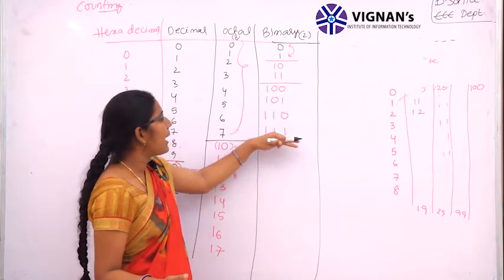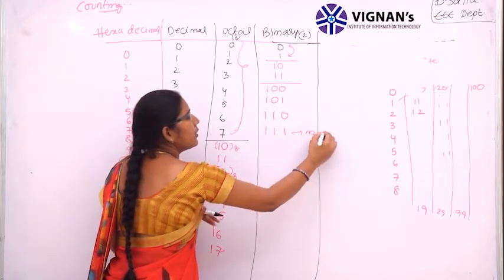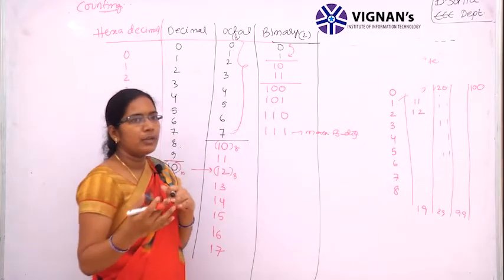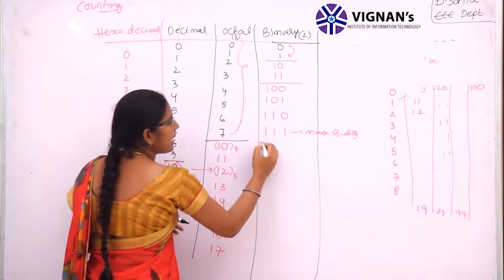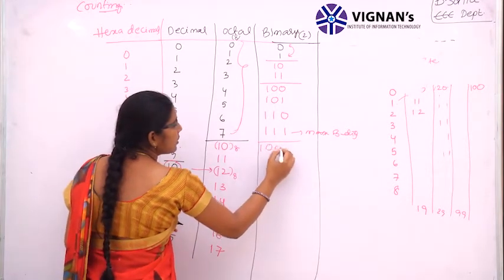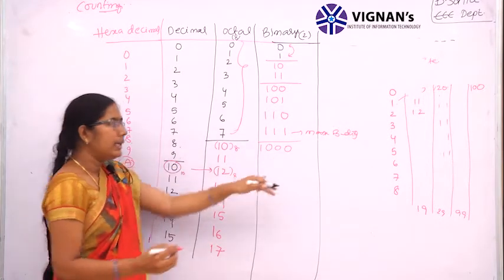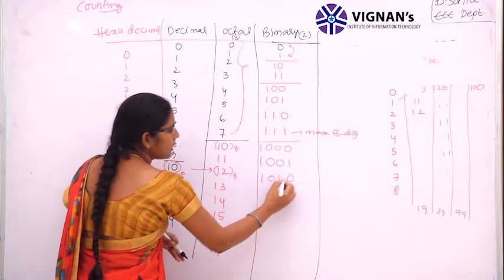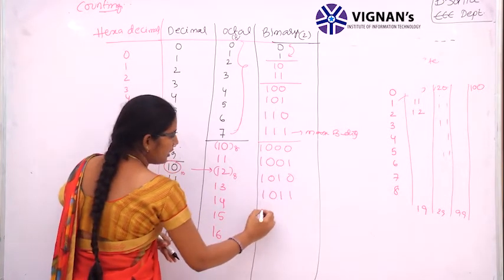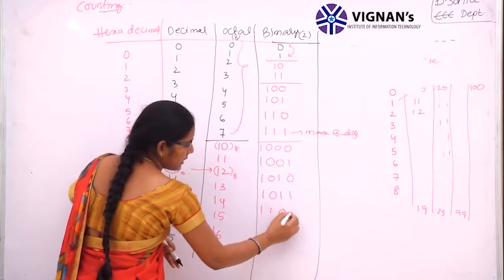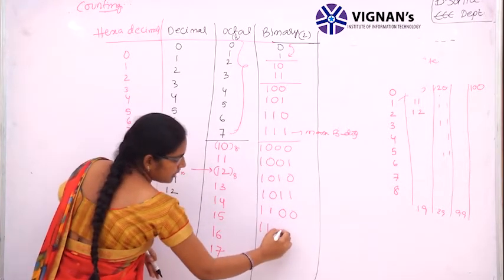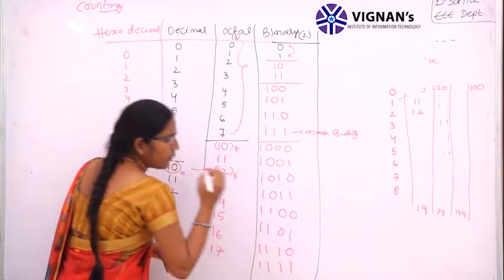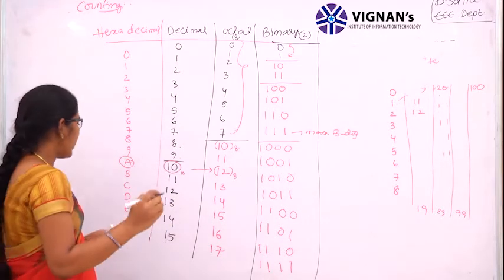So as we are getting the maximum value of 3 digits, then obviously we'll go for 4-digit values. Then we'll start with 1000, right? Then we'll have 1001, 1010, 1011, 1100, 1101, 1110, 1111. Now you just realize